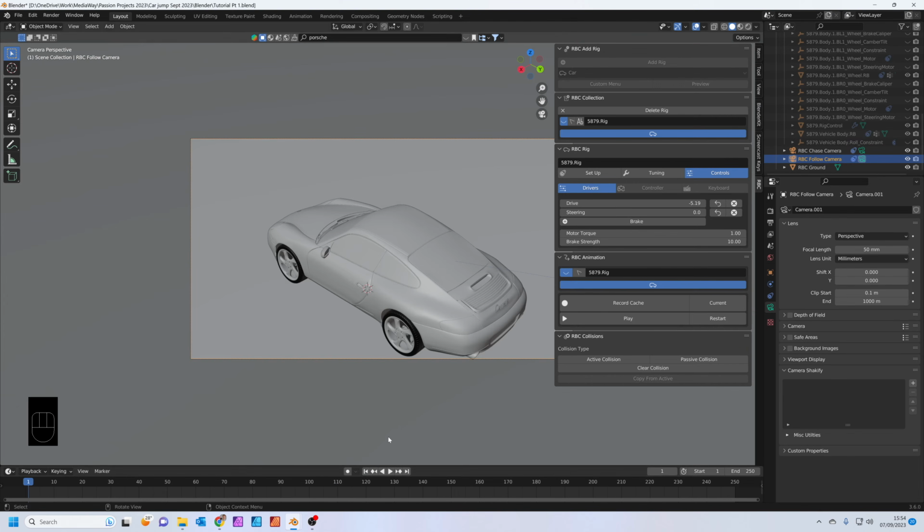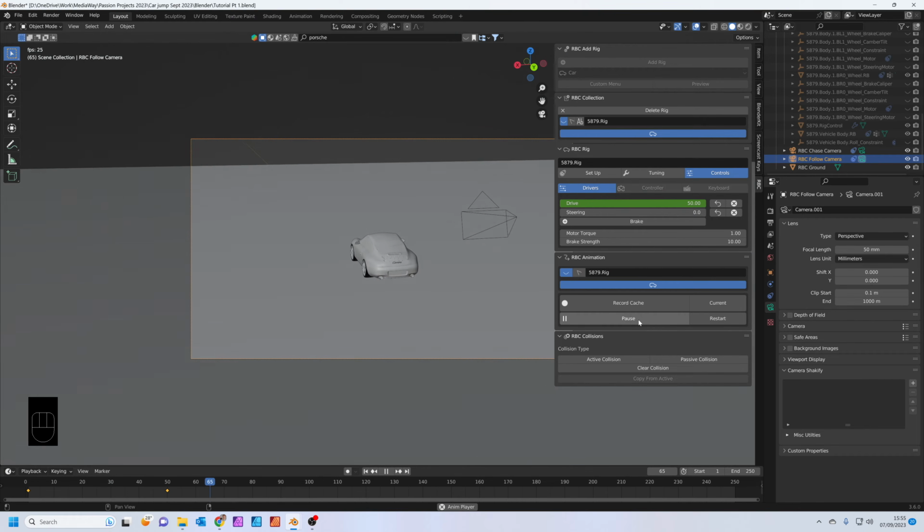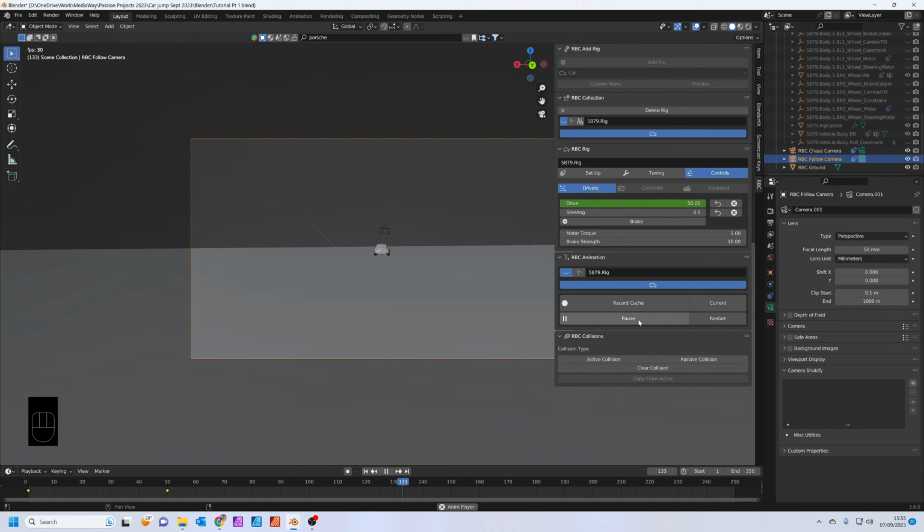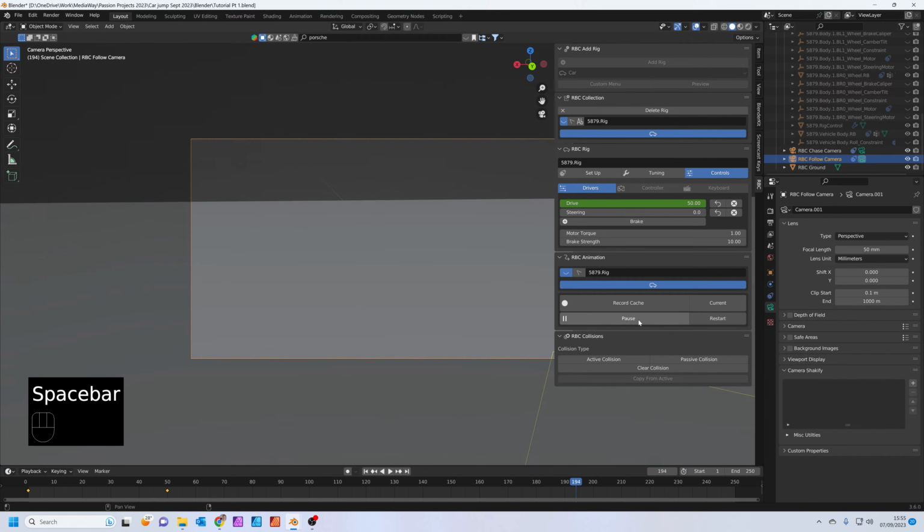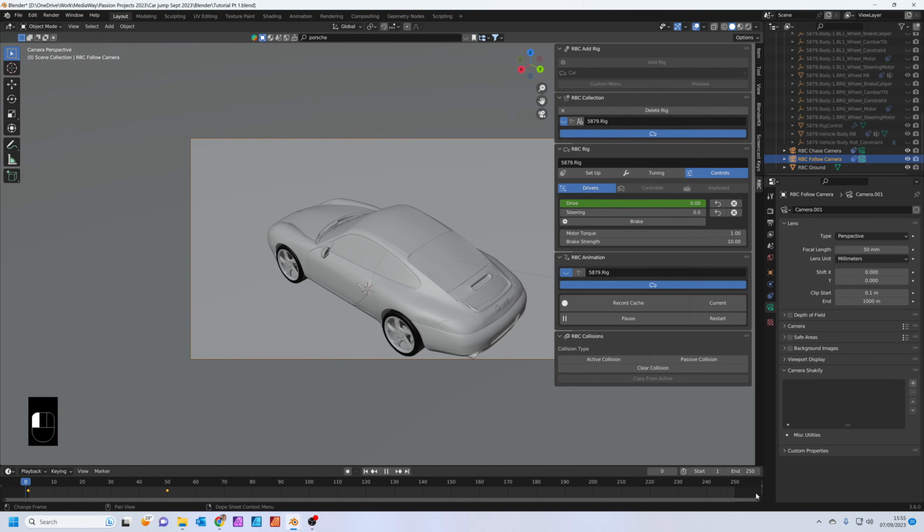So go to the start of your animation. We'll type 0 here, and press I to insert a keyframe. That's the speed at 0 to start. And at say 50 frames in, let's set the speed to 50 and press I to set a keyframe there. Now if you watch these numbers up here, you can see they go from 0 to 50. If we press play, you can see the car accelerate up. When it gets to the edge of the world, it falls off. This really demonstrates the nice physics-based workflow of this add-on.